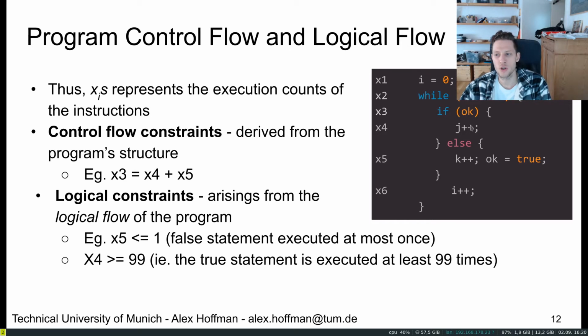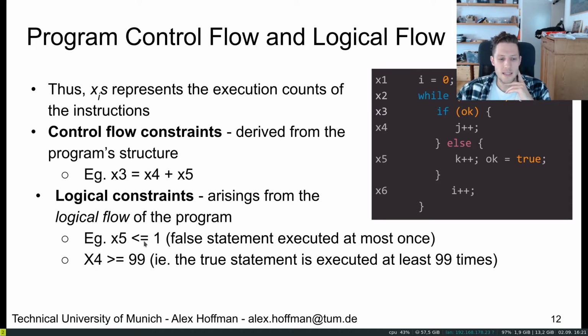And so this is not so much just looking at where the code is placed, but more so at the actual logic that the program implements. So we can see, for instance, here we have this X5, this line of code here, and X5 is less than or equal to 1. Because X5 is setting OK equal to true, if we come into X3 and we have OK equals false, then we would execute this line, but now OK would be equal to true, so we'd never return into this. So at most, X5 can be executed once,